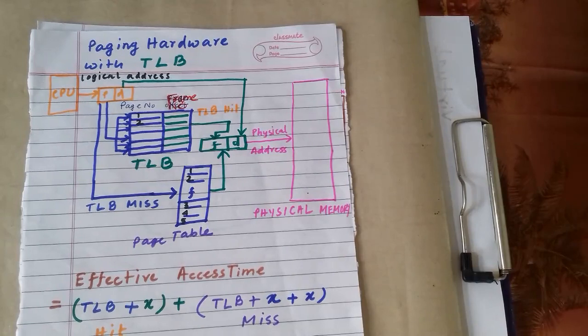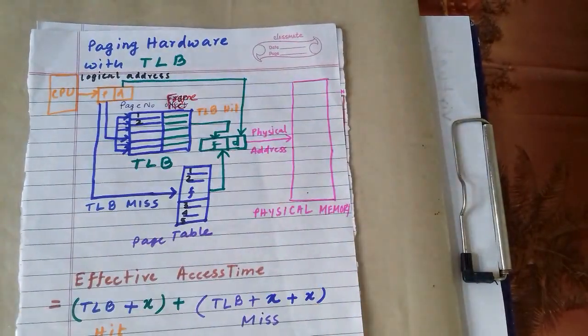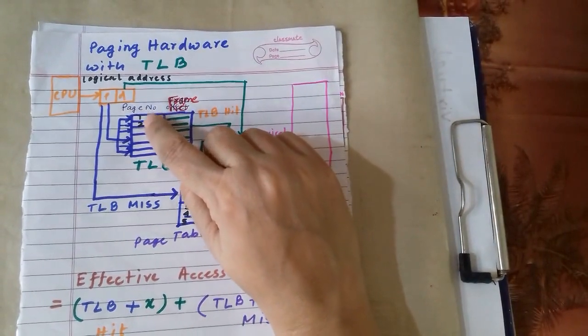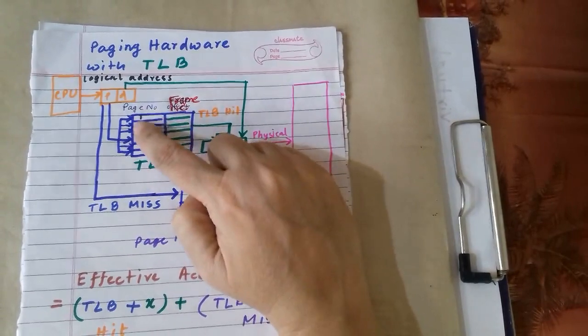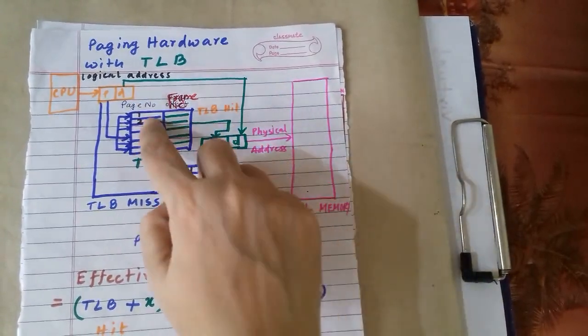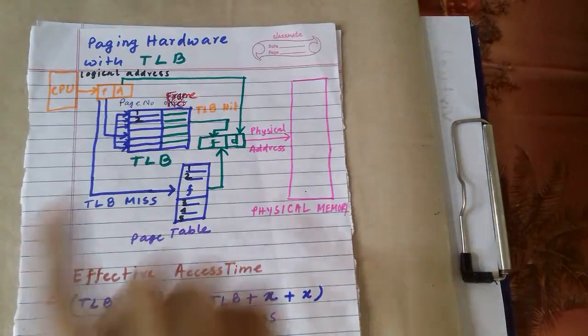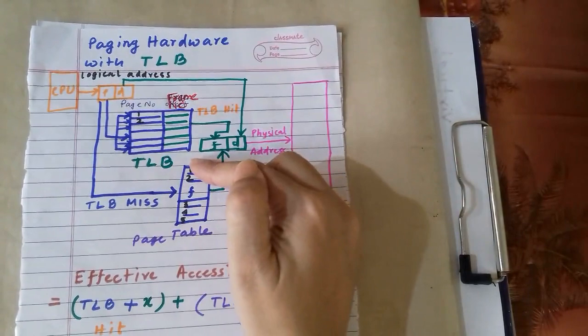So if I want to speed up the process, what we can do is take some important pages, or the most recently executed pages, and copy them from the page table to the TLB. You can see here, page number 1 and 2 entries, let's say we have taken to the TLB, thinking that these 2 pages will be immediately required and we don't need to search the whole page table for that. So TLB is just a subset of the page table entries.